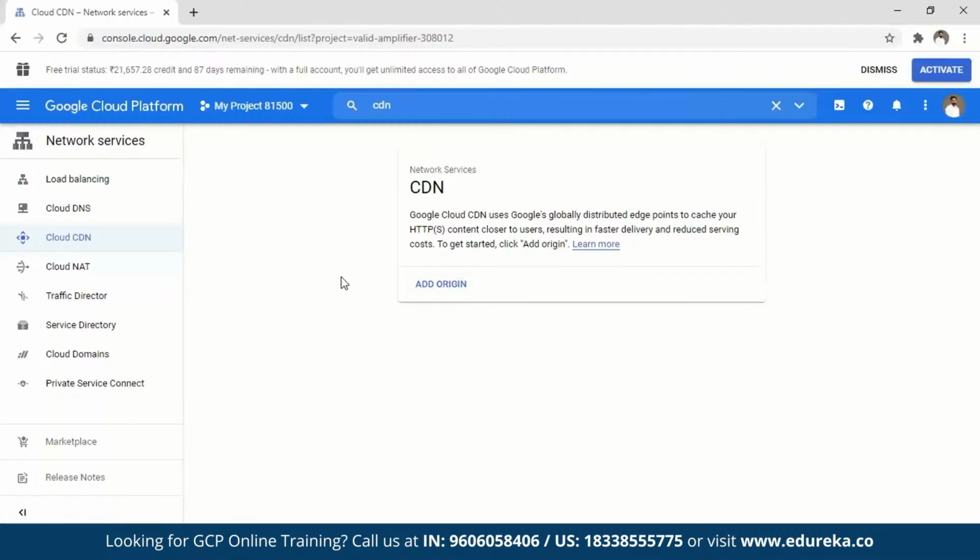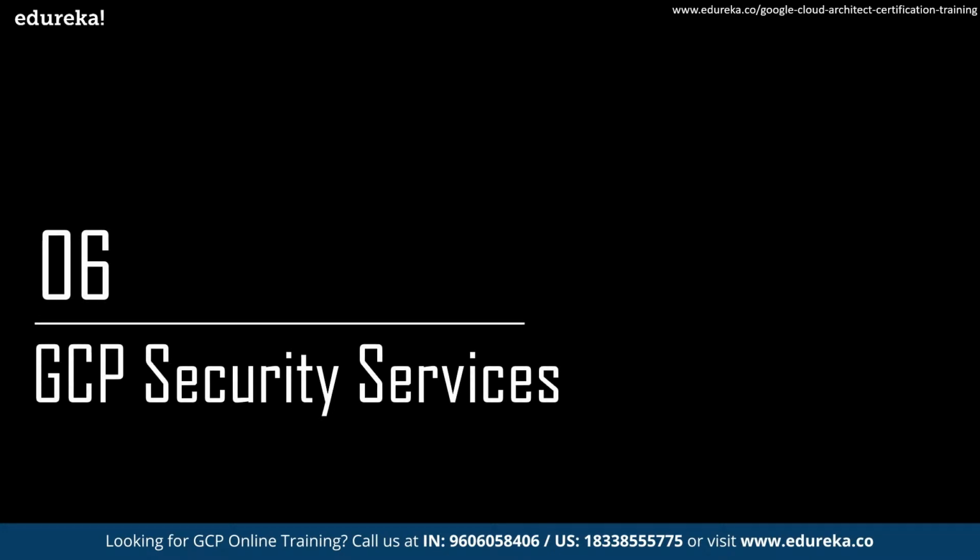Let's now go back to the presentation and discuss the other services that we have with us. Let's try to understand how GCP security works. When you talk about security, it is a very important aspect for clouds as well. If you go back to 2012, 2014, people already questioned cloud security. The reason was there were many outages back then where people lost a lot of data, but that has changed. Whether you talk about physical security, where these data centers are governed 24/7 by physical individuals, or the fact that people do not know where these data centers are actually located. Yes, we know there's a data center in Mumbai, but you will not know where it is located. Very few people know about it.